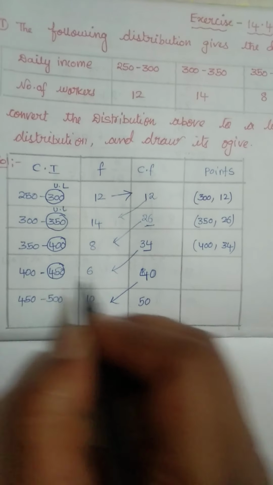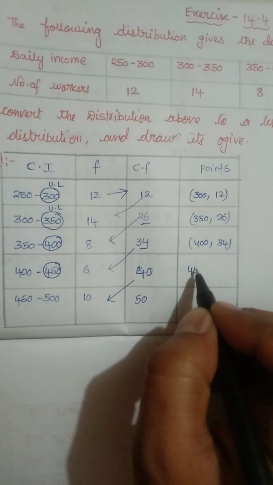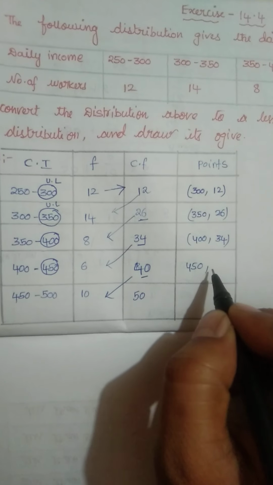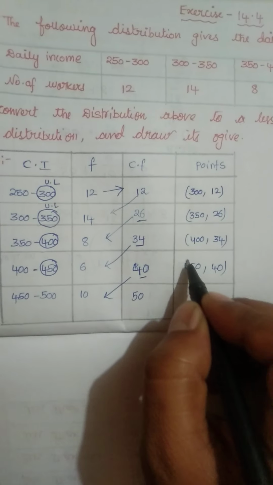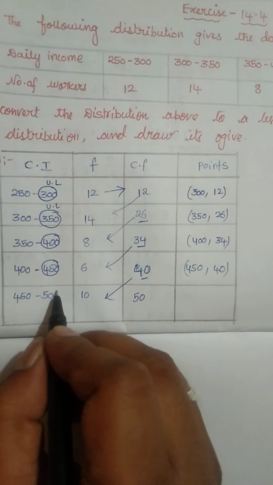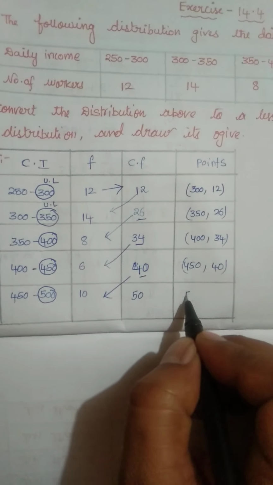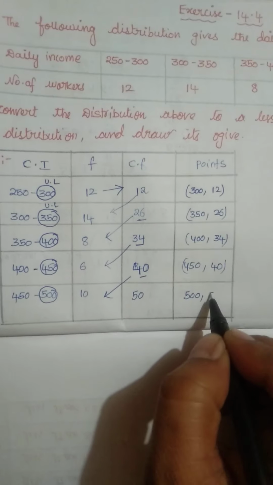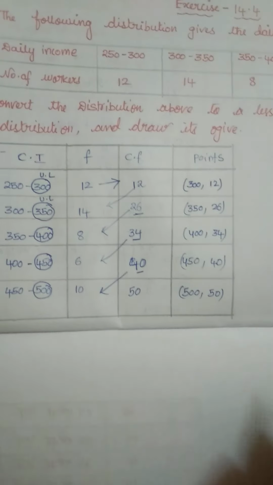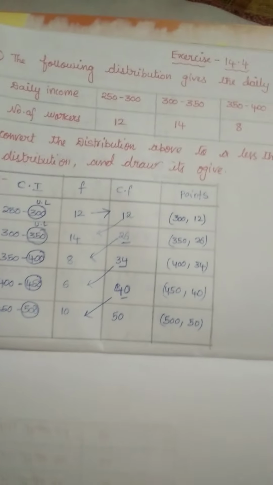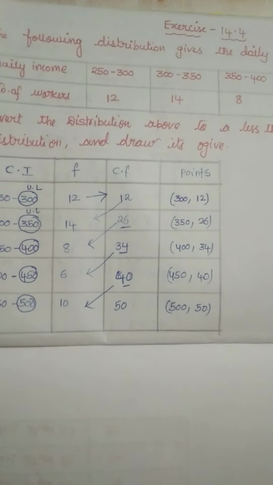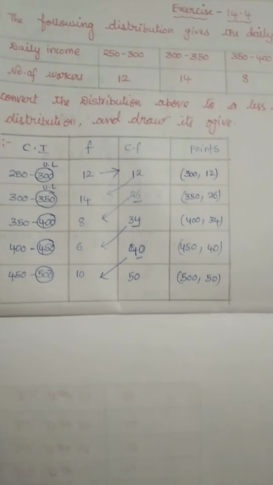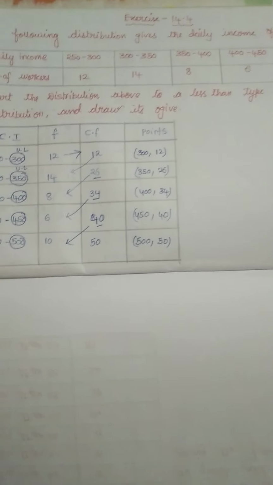The next is 450 comma cumulative frequency is 40. And then 500 comma 50, right? These are our points. So actually we need to represent the given less than cumulative frequency distribution on the graph